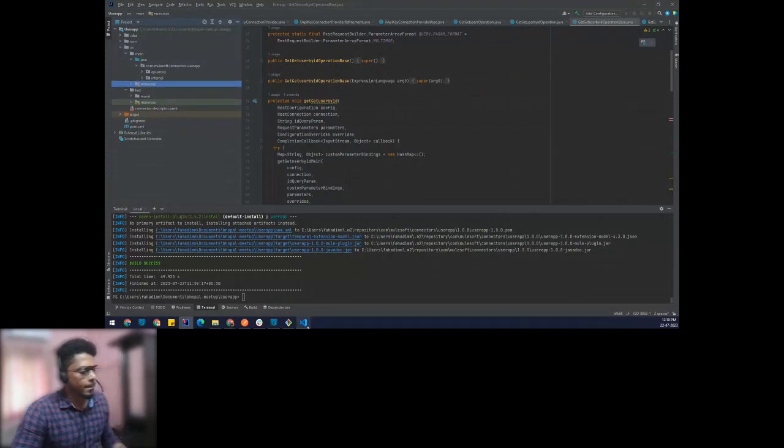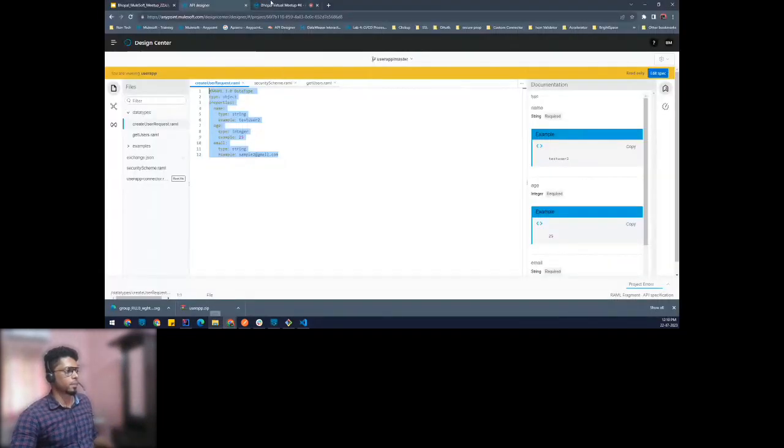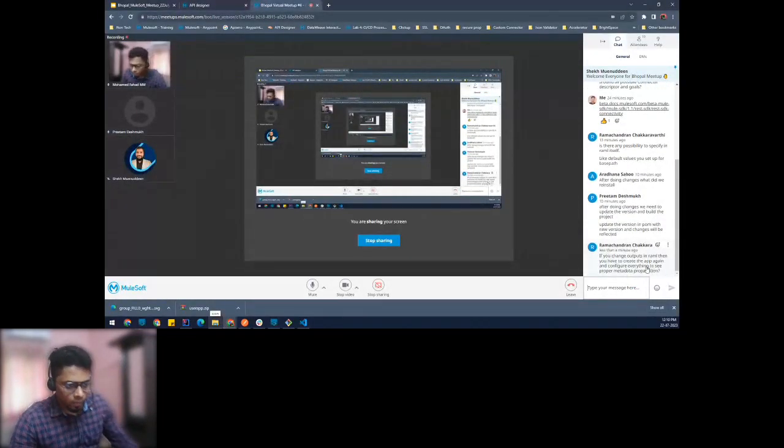Fahad, we have a question from Ramachandra. If you change outputs in RAML, then you have to create the app again and configure everything, see proper metadata. Yes, that's why MuleSoft recommends one thing: if you're developing a connector, enrich the RAML with everything that you have first. Make sure that it's not like you can add it later. So the steps should be followed accordingly. Also, for proper documentation, you need to have every output metadata added initially in